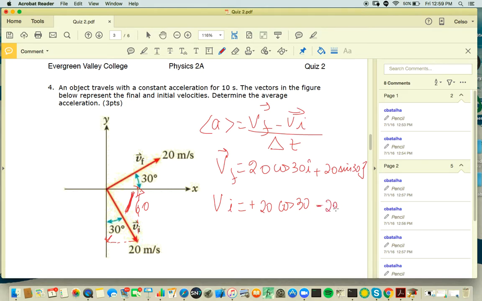So minus 20 sine of 30 j hat. So that, therefore, your acceleration, which is this vector minus this vector, gives this